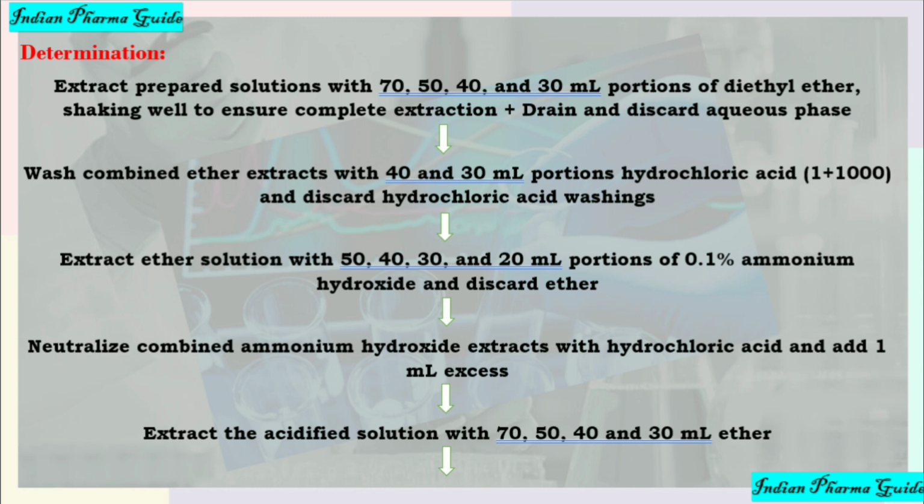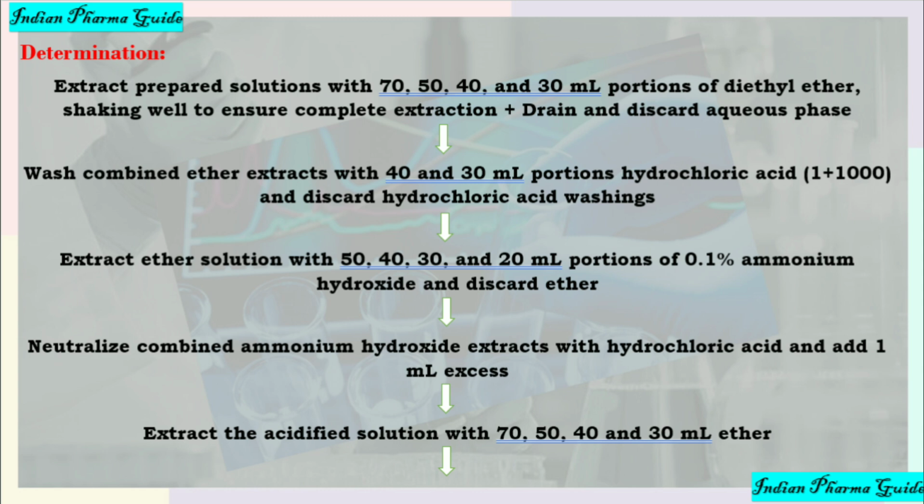And the final one, determination. In this determination, first step, extract the prepared solution with 70, 50, 40 and 30 ml portions of diethyl ether, then shake well to ensure complete extraction. In the next one, drain and discard the aqueous phase and wash the combined ether extract with 40 and 30 ml portions of HCl and discard the HCl after the washing, and then extract the ether solution with 50, 40, 30 and 20 ml portions of 0.1% ammonium hydroxide and discard the ether part,